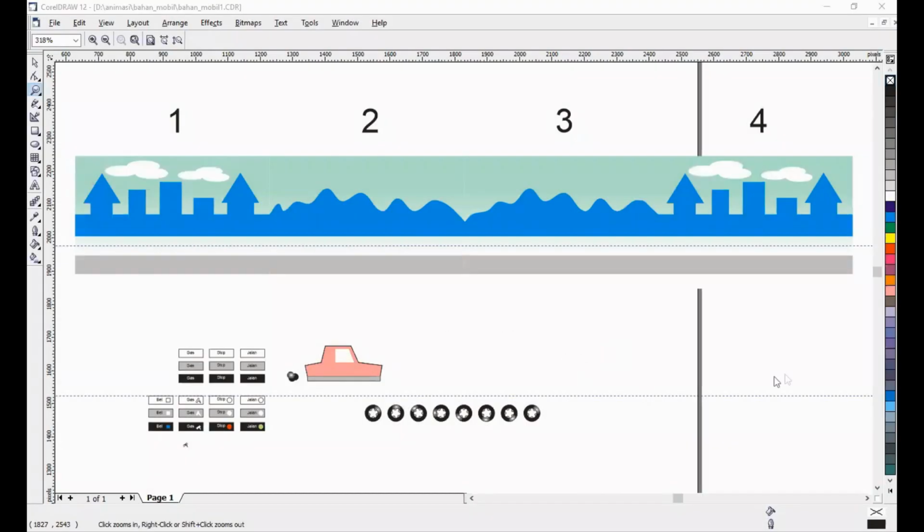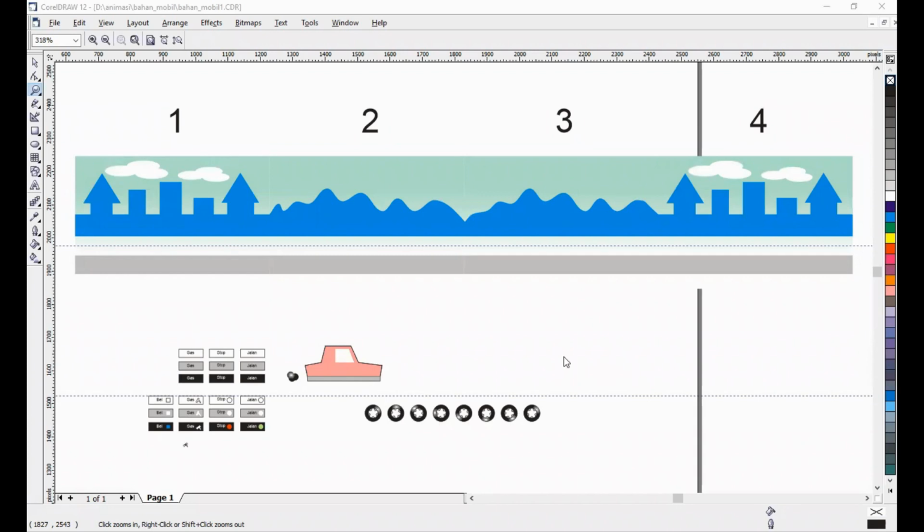Okay guys, let's try our lesson. Now I will try to share my screen. Yeah, that's it.